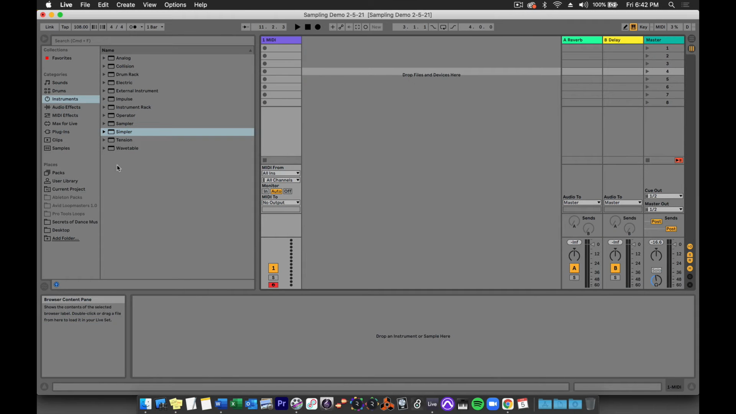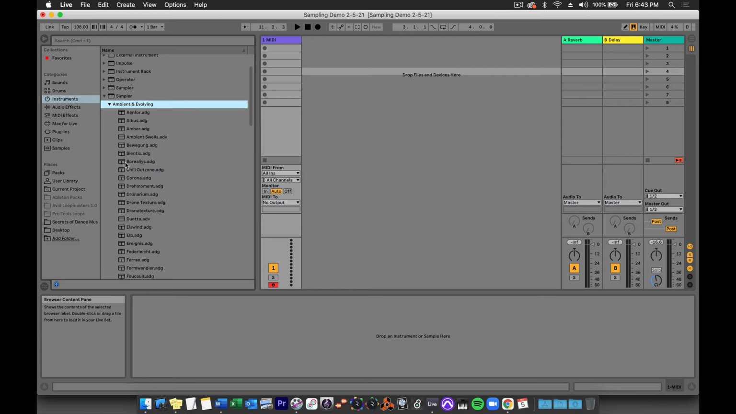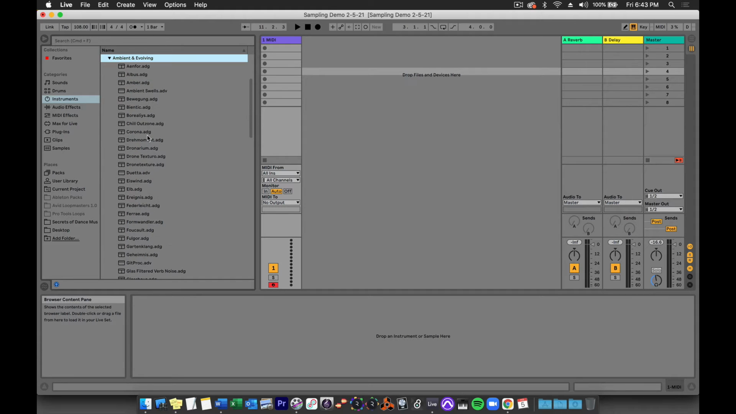Let's take a look at some of the presets that the sound designers from Ableton have come up with for Simpler. By looking at presets done by professionals, you can often learn a lot about the possibilities of a plugin. So I'm going to go to the Ambient and Evolving menu of presets for Simpler, and let's just get a